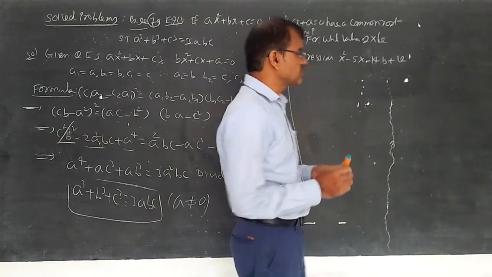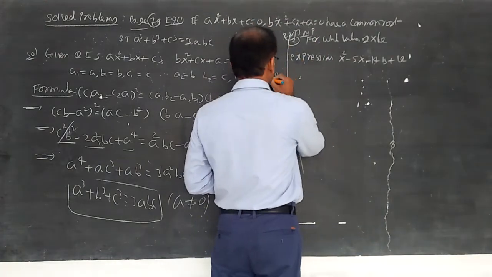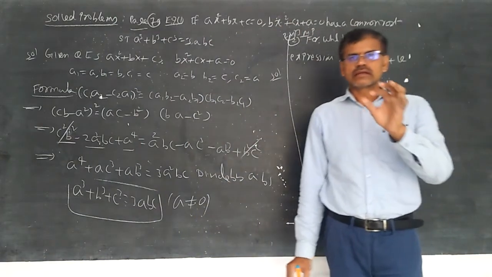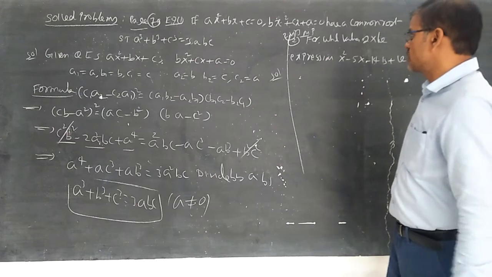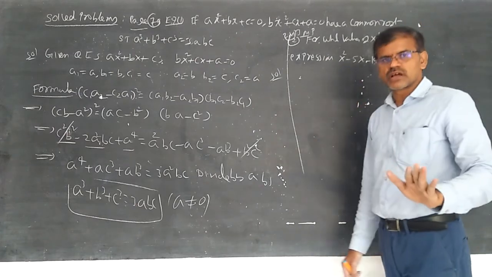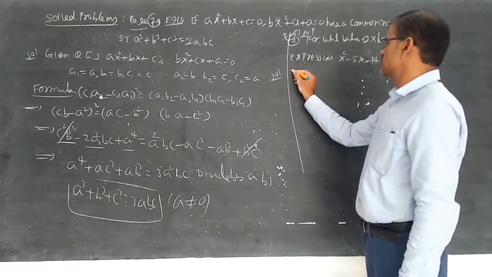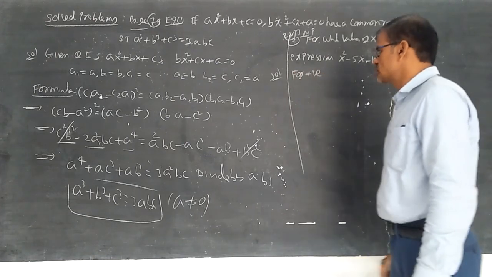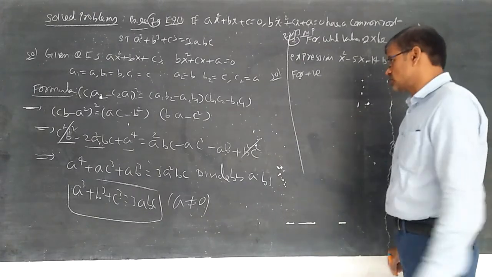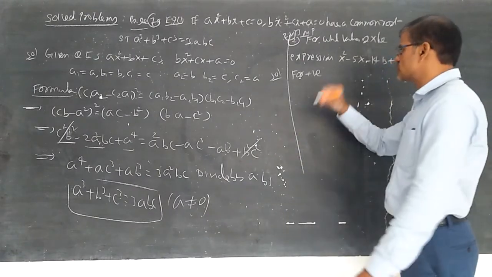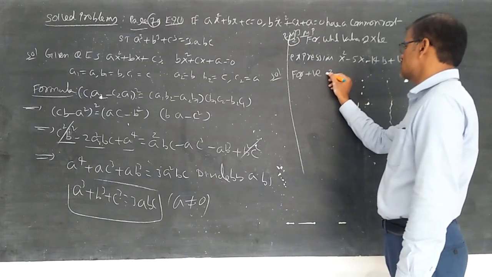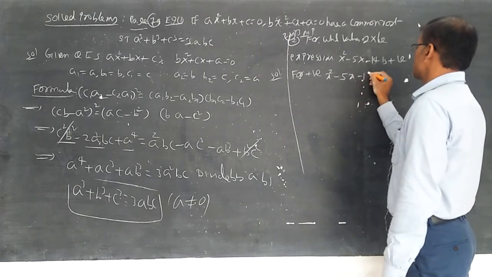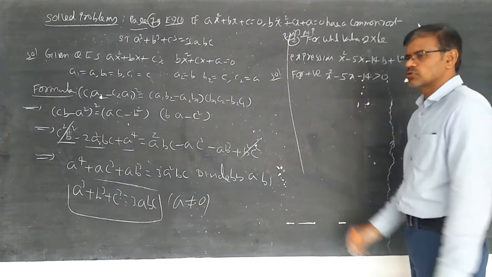Hereafter, follow the method I am saying, it is an easy method. Whenever he is asking positive, simply put the symbol greater than 0 for the expression. Whenever he is asking negative, simply put the expression less than 0. You follow my method, it is a better method. Of course, any method you follow, no problem. I think this method is correct, an easy way. For positive, I am writing x square minus 5x minus 14 greater than 0.